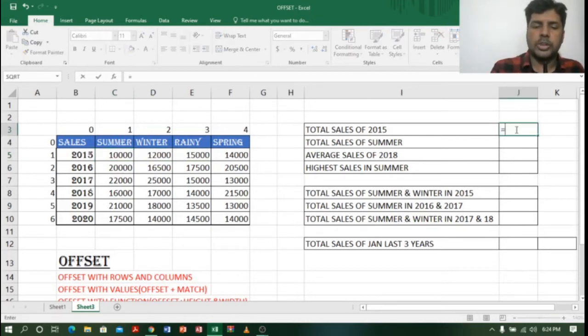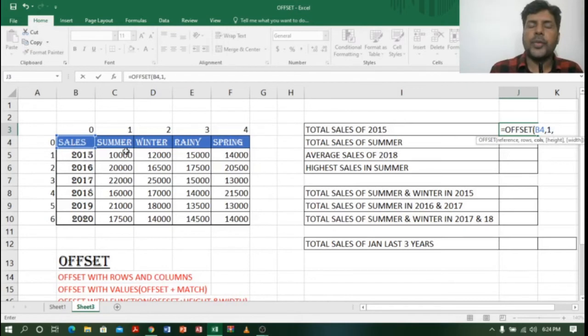I will type equal to offset, open bracket. Again as the reference I will take the topmost corner, B4, comma. Next, what do we want to find? We want to find the total sales of 2015. So what is the row? It's 1, right? 1 comma.